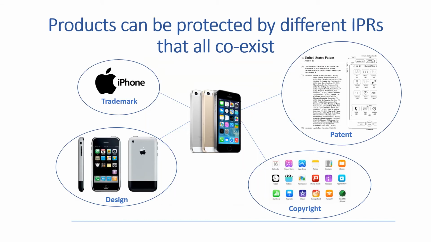An interesting aspect about intellectual property rights is that different intellectual property rights can all coexist and protect one type of product. Look, for example, at the iPhone here. The touchscreen of this device is protected by patent. The Apple icon is protected by trademarks. The slim design, the white and black design with the silver apple, and the layout of the phone is protected by design. The organization of the icons, the color and spacing is protected by copyright. So one product, different IPRs.